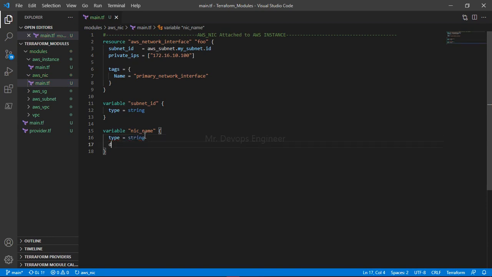And here this is the name, right? So you can pass a value here, it's not an ID. So default equals to, let's take this out and paste here. Instead of that, let's do my network interface, my nick.